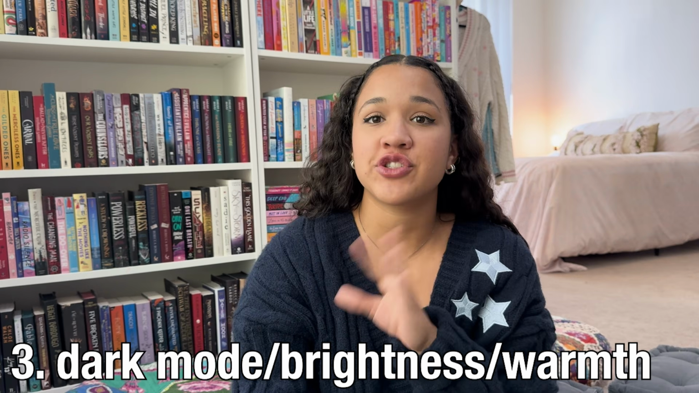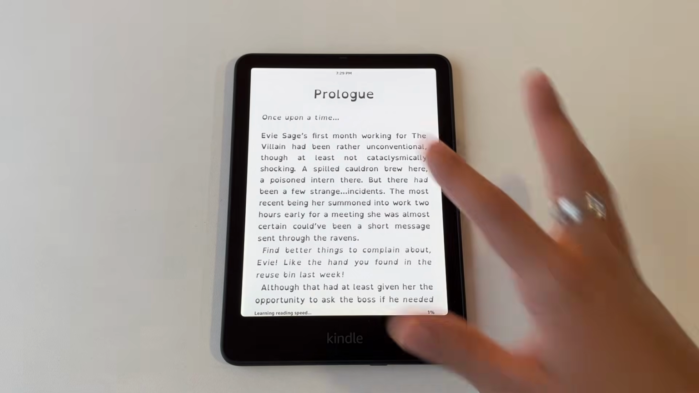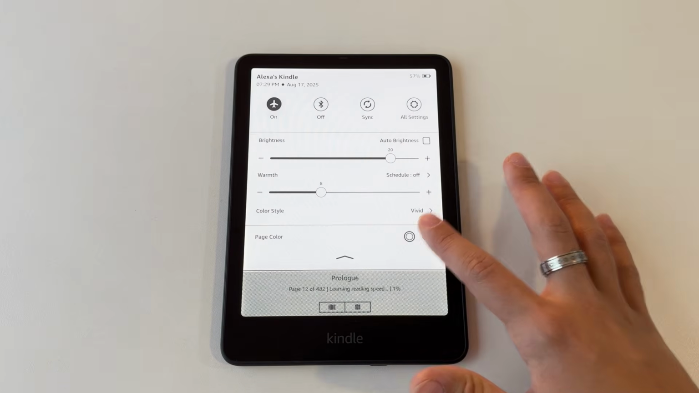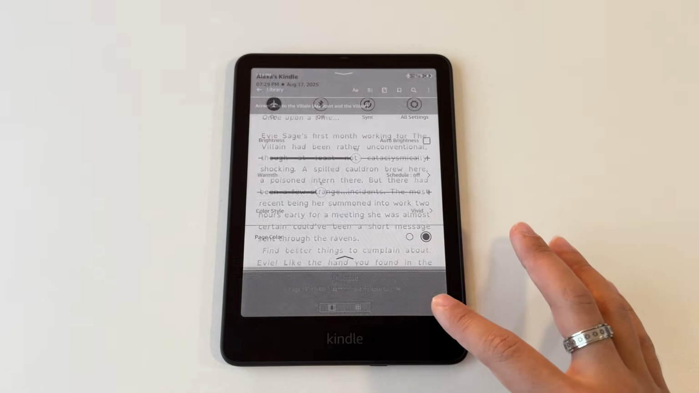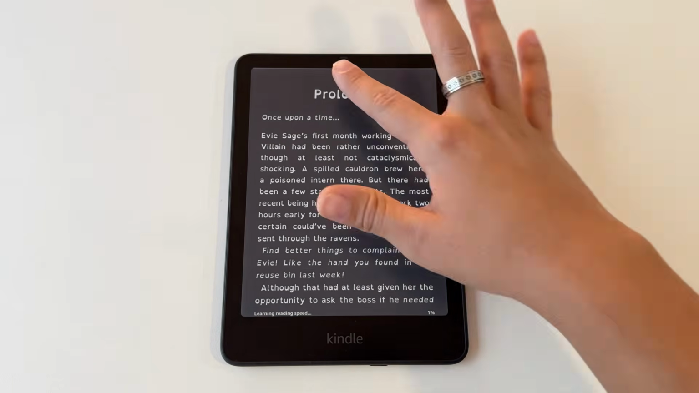The next settings I'm going to show you guys are dark mode, brightness, and warmth. These are all just different ways to alter how your screen looks. The Kindle Colorsoft actually doesn't have dark mode. You can change the page color to black, but as you can see here, a lot of the features on the Kindle are still white or in color. I assume because of the color technology that the Kindle Colorsoft has, it doesn't support a full dark mode, but